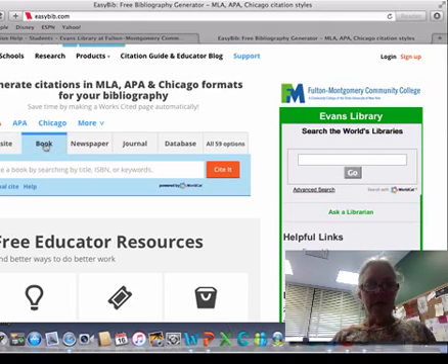So you go to textbook and you'll want to do manual cite. See where it says that? Below this box it says cite a book by searching by title. We're not going to search for anything right now because we know the book. So we're going to go to manual cite. When you go to manual cite,